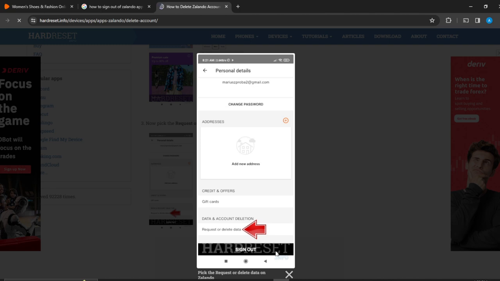So this is pretty much the process. You can go over this tutorial from top to bottom to get acquainted with the steps, and once you're done, you'll be good to go. I hope this tutorial